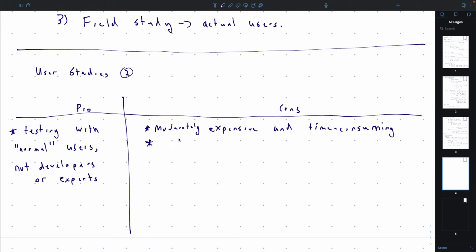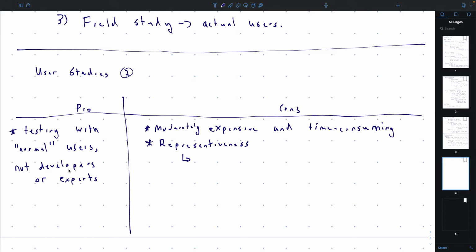Okay, then there are some problems with the actual data itself that you get. So the first question you have to ask yourself is related to what we call representativeness. You're pulling normal people off the street, that's fine. But you also have in your mind the people who are going to use your software, okay? How close are normal people to the people that will use your software? So it's going to depend on the software itself, right? Like maybe it's some social networking and the people that you pull into your user study are exactly the people that will use it, right?